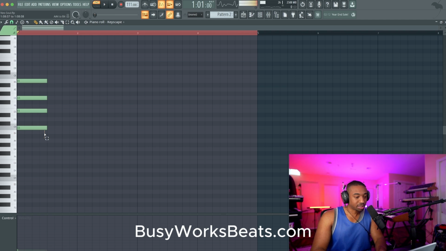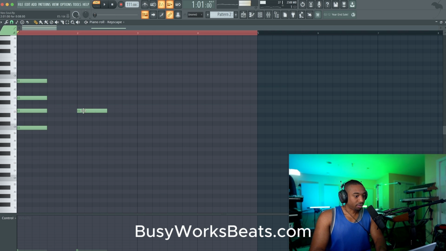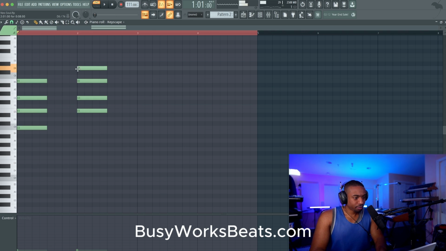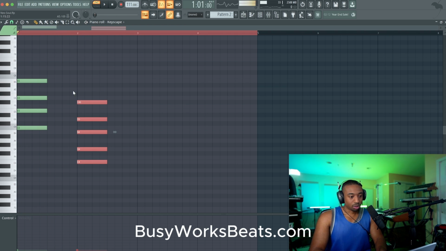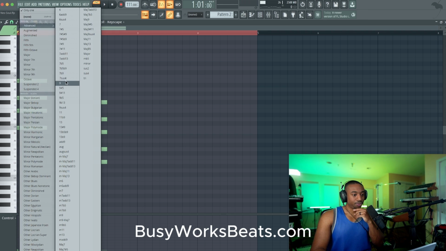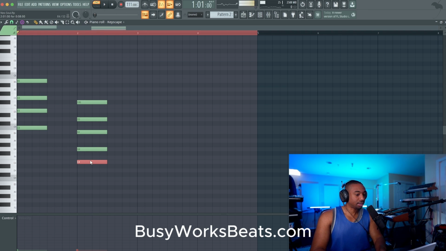So if you want to move from C major 7th into, let's say, E minor 9th, which is part of the C major scale, except this F sharp. Okay, so let's say you want to move from that chord to this chord. The question is, how do you move from here to here? You can use what are called secondary dominants. So in this case, we're going to use a dominant 9th chord, and you have to go to the 5th of the chord you want to land at. So for example, E minor 9th's 5th is B.